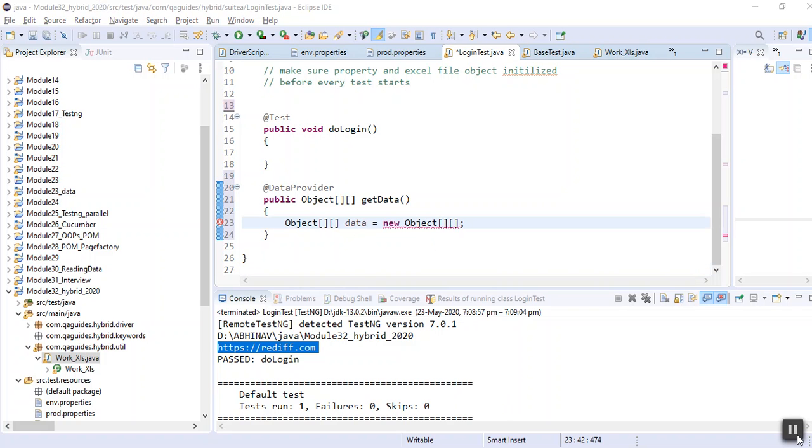See, I am creating a framework. After creation of this frame, we can put anything in it. So for now, let me hard code the data. I will use the Excel later. Okay, data.